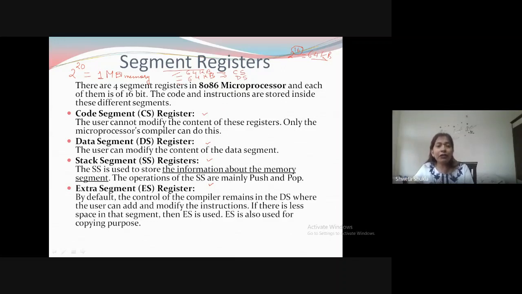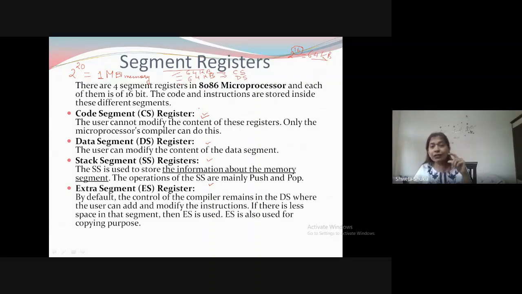Now, why have we named them code segment, data segment, stack segment, and extra segment? Just check it out. The code segment register stores the first address of the code segment memory. We have divided the memory into 4 parts, each of 64 KB.